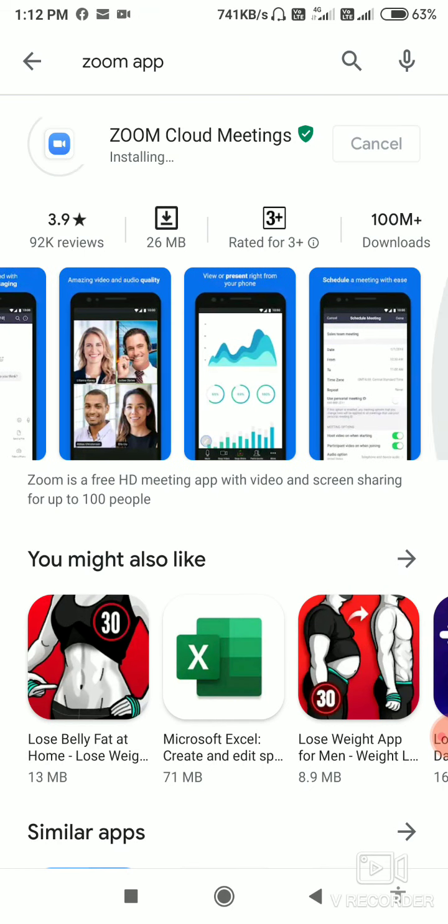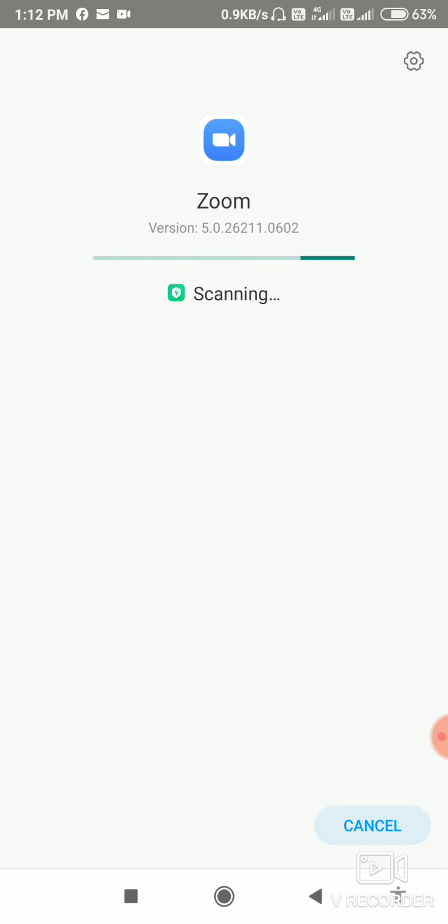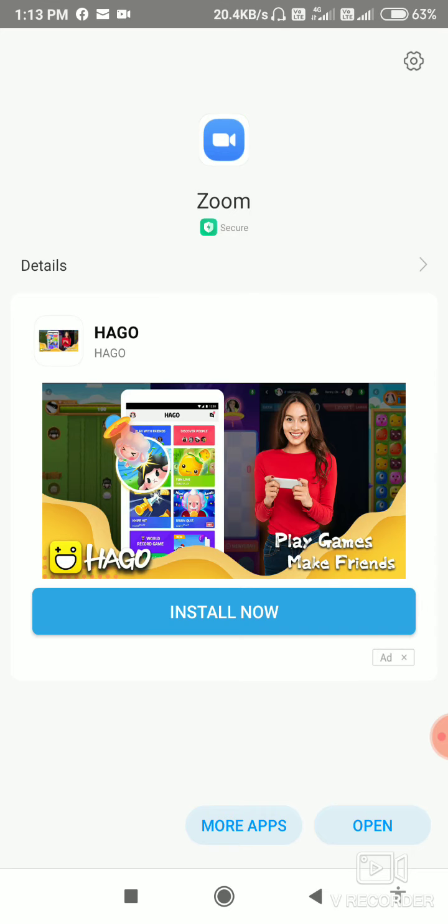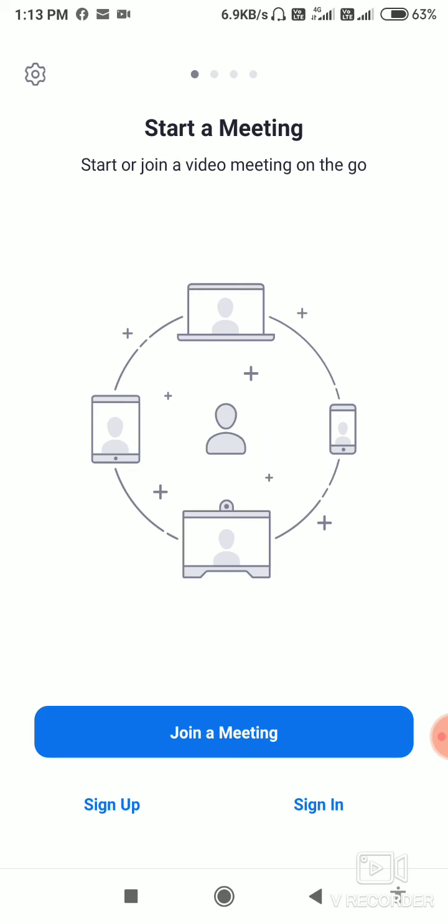After that it will install, and then open it. It will take some time, and after that you can see that kind of interface.